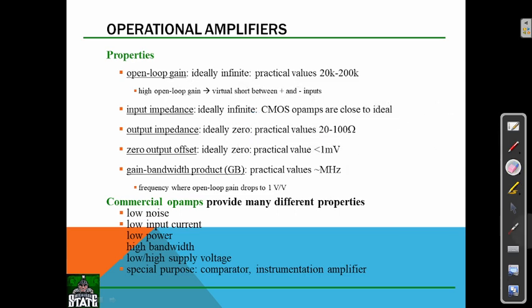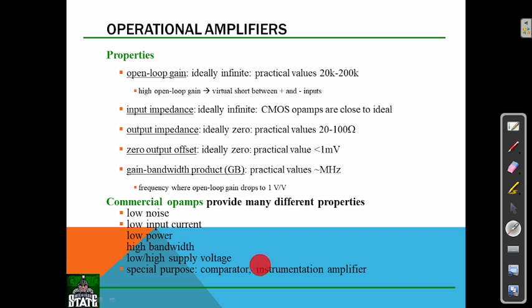Likewise, the output offset is ideally zero, and the practical value is less than 1 millivolt. The gain bandwidth product, GB, has practical values in megahertz. It is the frequency where the open loop gain drops to 1 volt per volt. Commercial op amps provide many different properties like low noise, low input current, low power, high bandwidth,